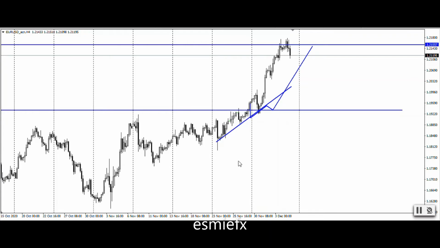Euro USD. This was the trend line that I drew last week during the analysis, and I expected price to respect this, and if it drops, probably will look for a double bottom or higher low or lower low to continue up. And it looks like what it did was